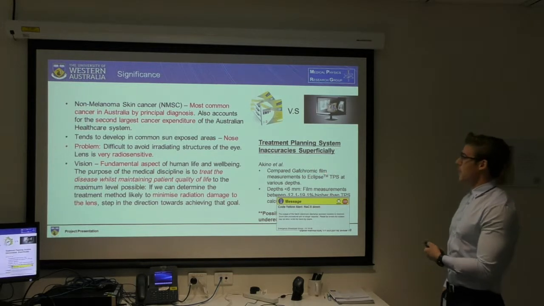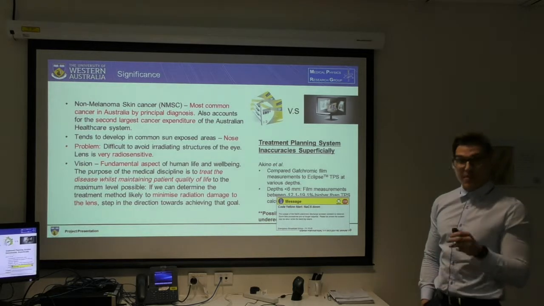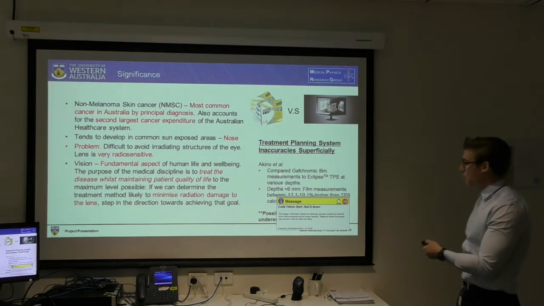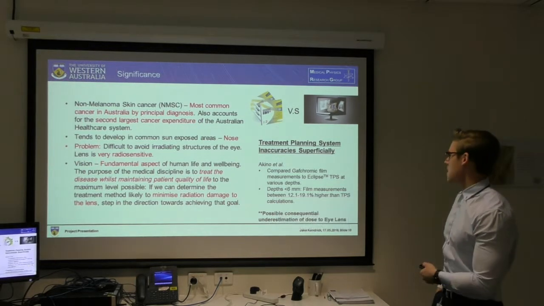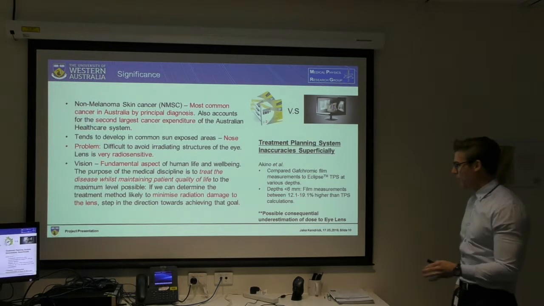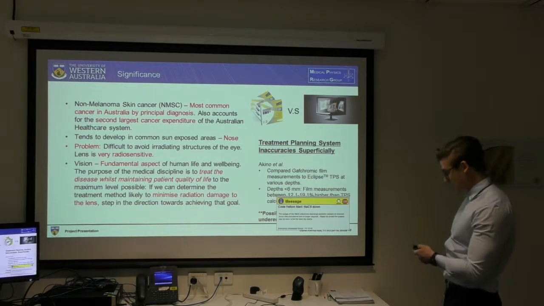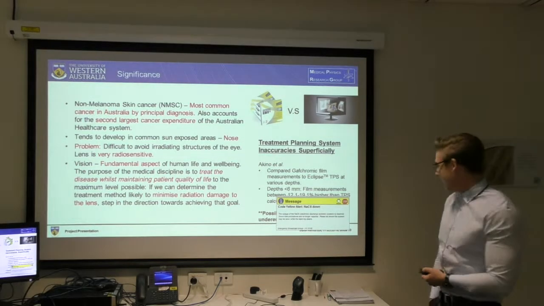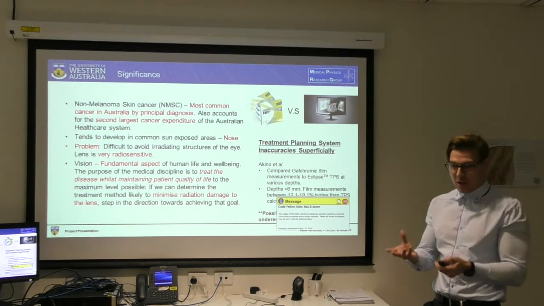Additionally, we also know that the treatment planning system shows inaccuracies when calculating doses at the superficial level of the body. Aquino and his colleagues compared GAFchromic film measurements to the Eclipse treatment planning system at various depths, up to about 11 millimeters. What they found was, at depths less than 6 millimeters, the film measurements were between 12.1 and 9.1% higher than the treatment planning system calculations. So what that means is that there is a possible consequential underestimation of dose occurring when we're utilising the treatment planning system